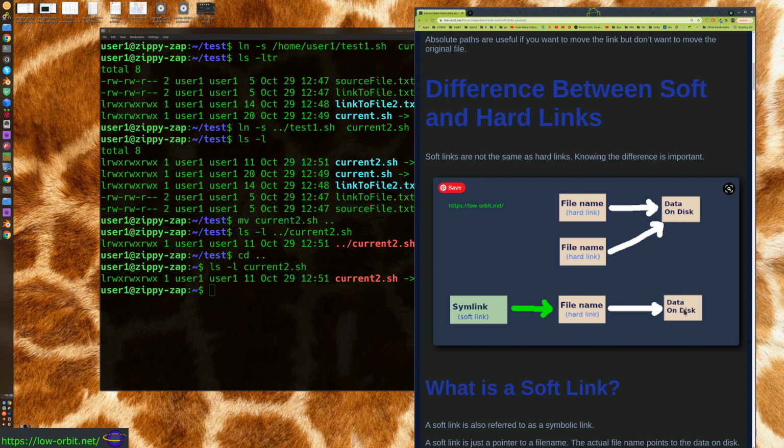Now normally when you create a file, it creates one file name for that file, and that's a hard link pointing to the data on the disk. So this is just the name of a file pointing to the data on the disk. And a symlink is just a link. Now this symlink doesn't point to the data on the disk. This symlink points to the file name, and the file name points to the data on the disk, right? So if you delete the symlink, the file name still remains there and the data on the disk is still there. Now if you delete this file name,